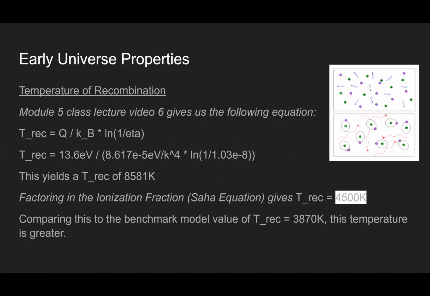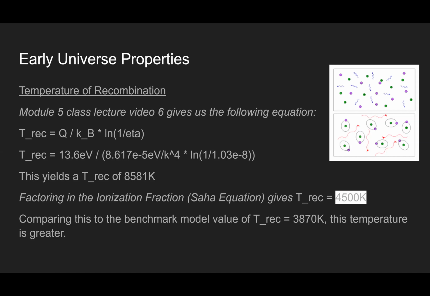Next, we're going to be calculating the temperature of recombination. Module 5, class lecture video 6, gives us the following equation. Temperature of recombination is Q divided by k_B times ln of 1 divided by eta. So then plugging those in, the next step yields a temperature of recombination of about